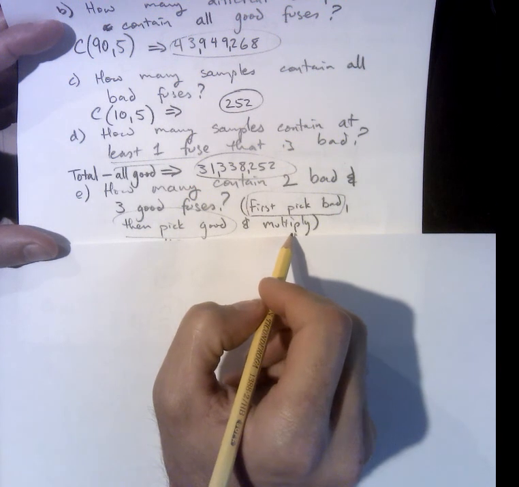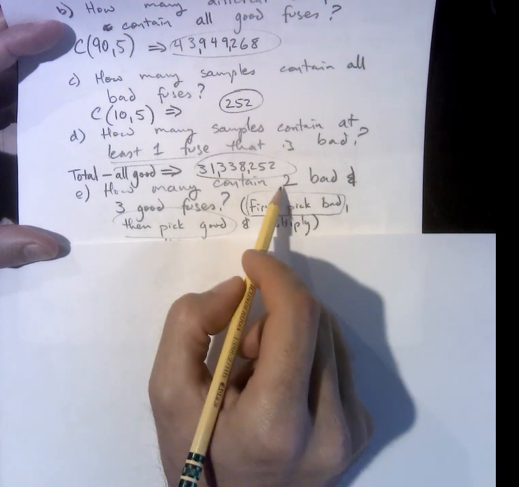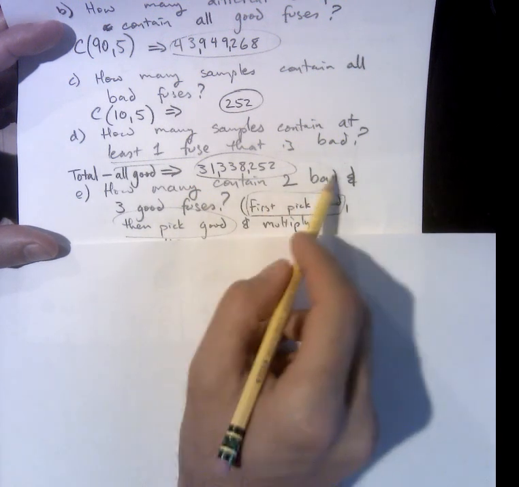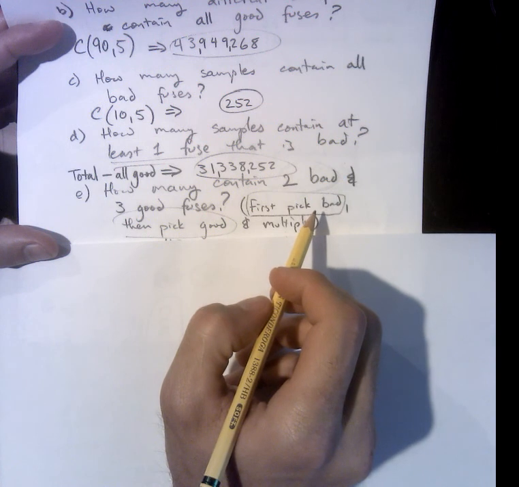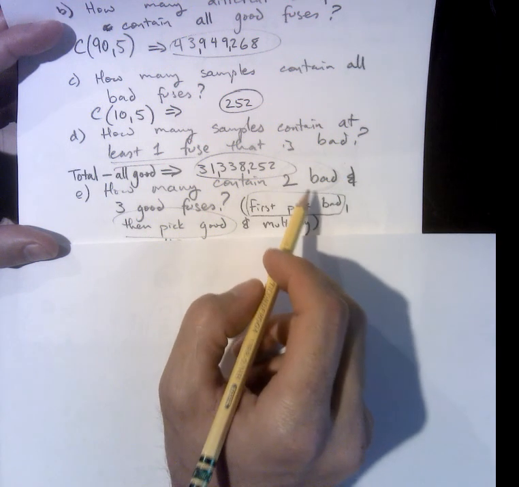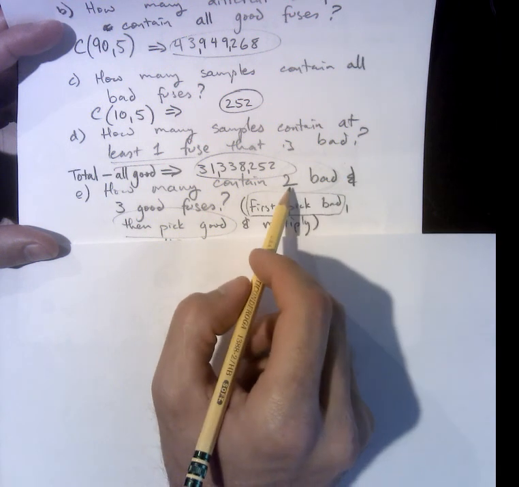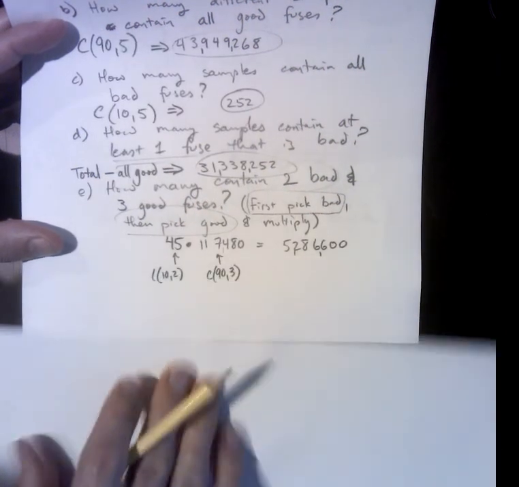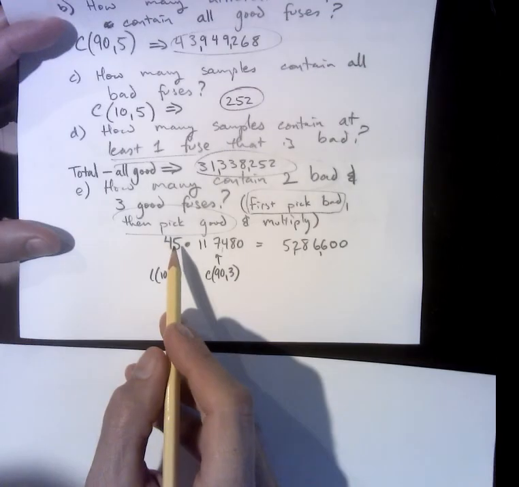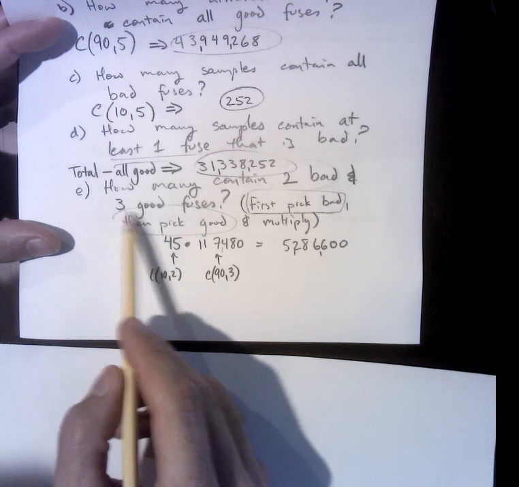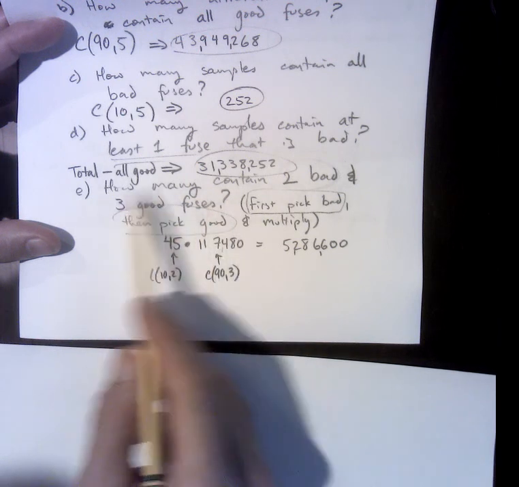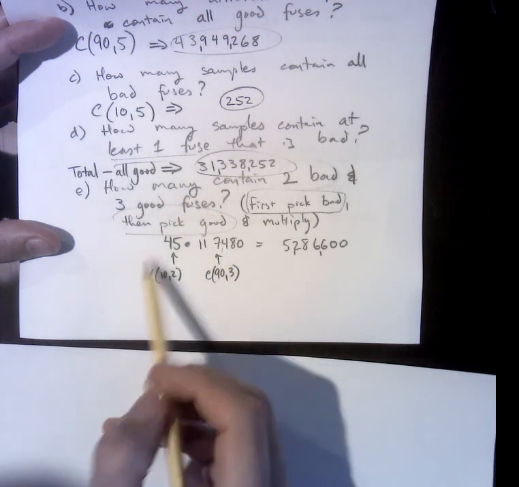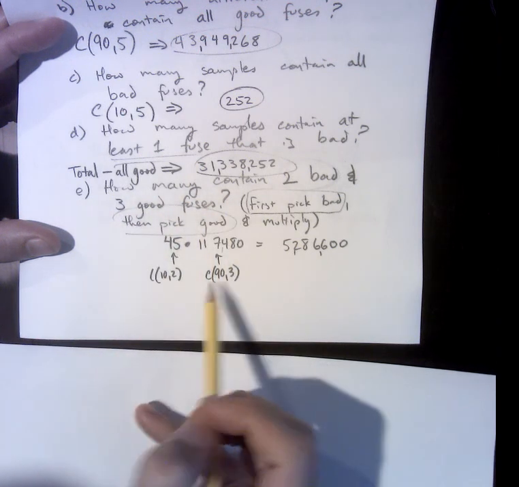So, how many ways are there for me to pick 2 bad fuses? Well, there are 10 bad fuses in the box. How many ways are there for me to pick 2 from that 10? That's a combination. 10 choose 2 comes out to 45. Then, how many ways are there for me to pick 3 good fuses? There are 90 good fuses in the box. 90 choose 3 comes out to